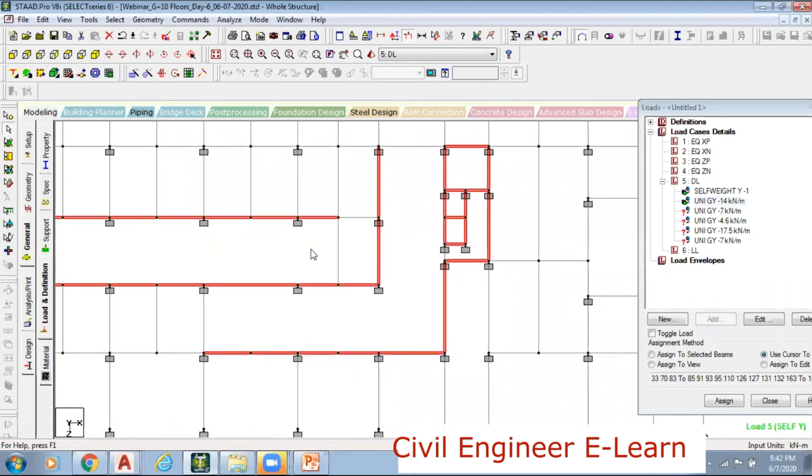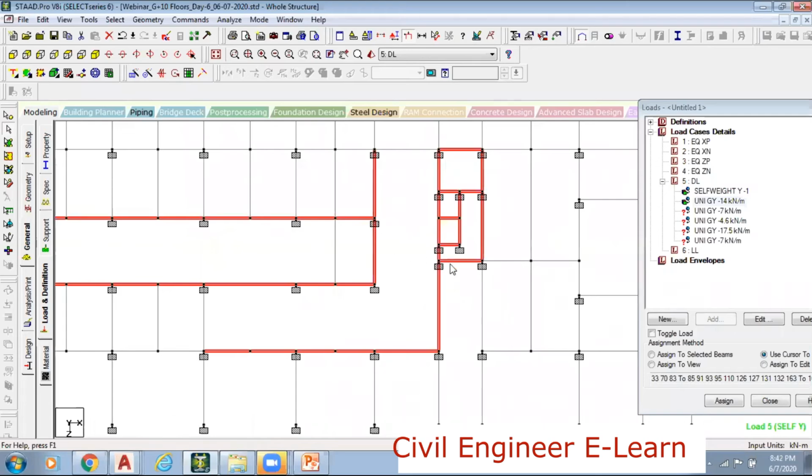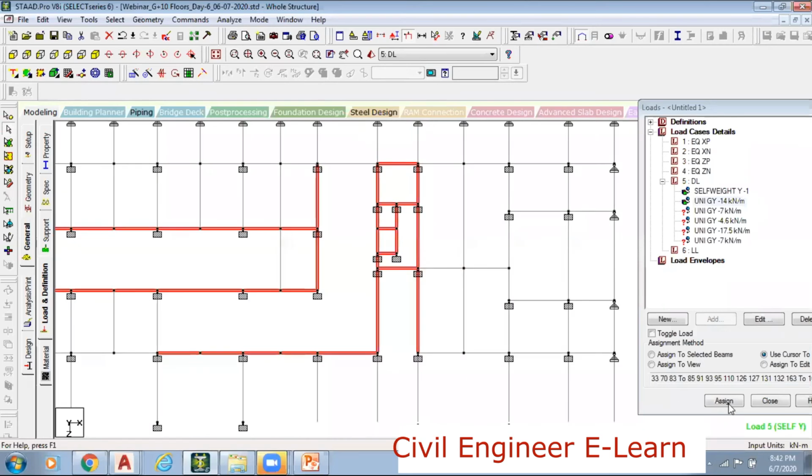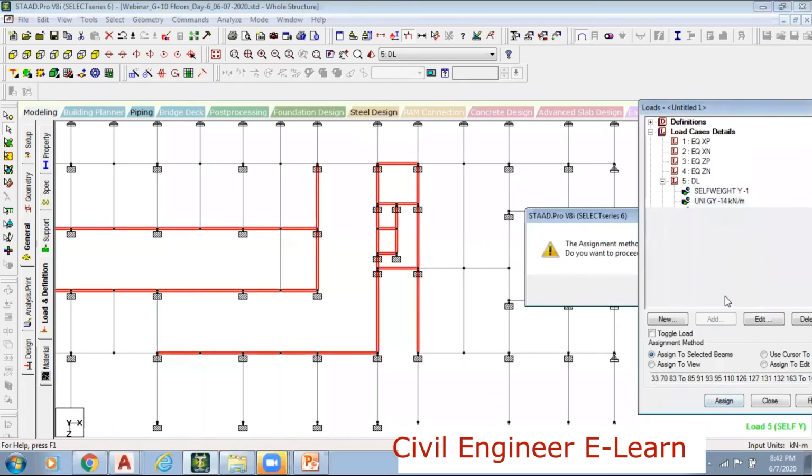Yes. Assign to selected members, assign, yes.